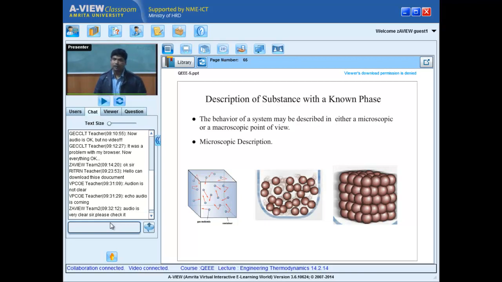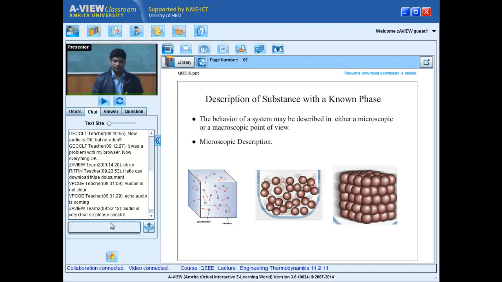Strictly speaking, a liquid or a solid or a vapor, a single component or a multi-component, a change from one component to another or from one phase to another phase, all can be described only by knowing the behavior of the atoms and molecules. If somebody expresses everything in terms of this molecular behavior, this is called a microscopic description. But it is very tough. Using this in regular life or engineering life is almost impractical.